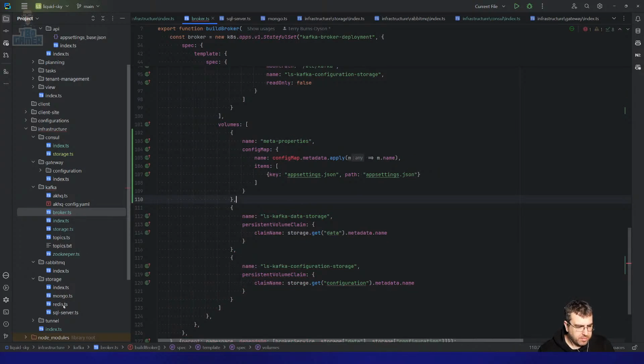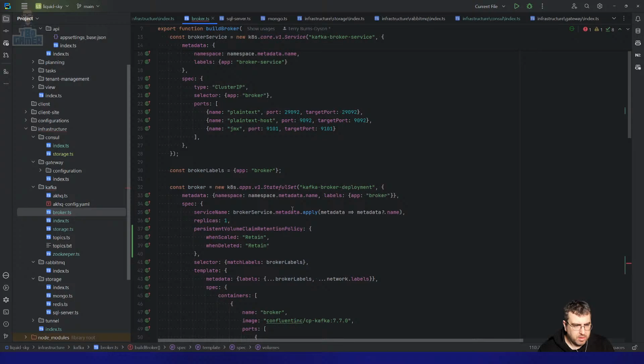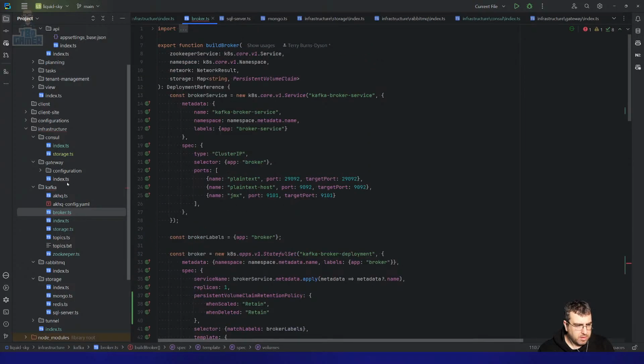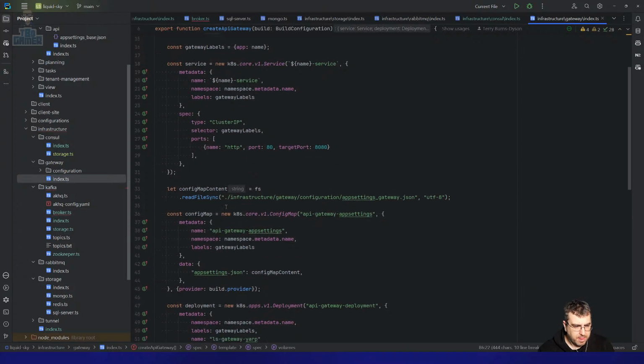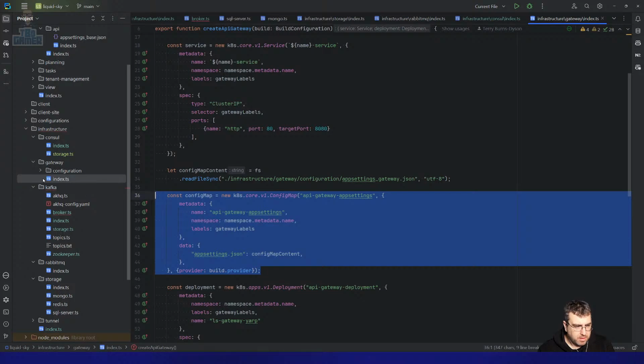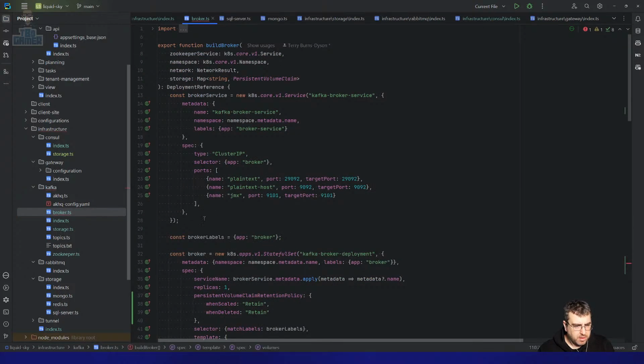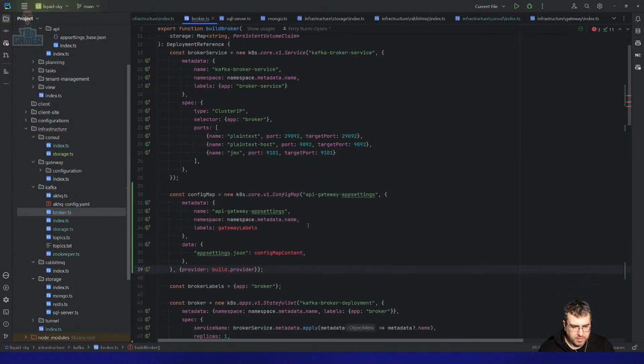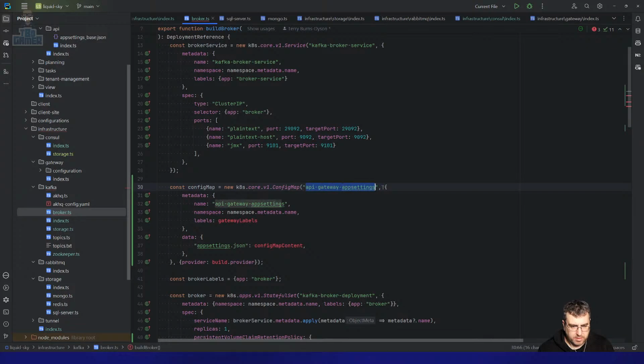We need a config map. The config map is going to API. So this is going to be Kafka meta properties. And then